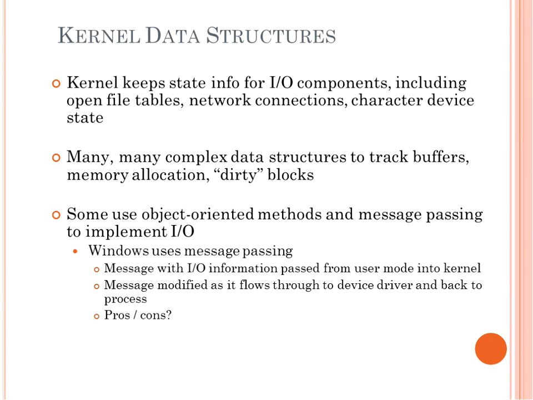Kernel data structures, just like we have process blocks. These are all information about the device and the data. So there's a lot of information that is passed in, not just the data itself, but other information, like what device it's coming from or what device is it supposed to go to. How large is this data? You know, there's information about the data so that when it goes to the other end, it's checked to make sure it is transmitted properly.